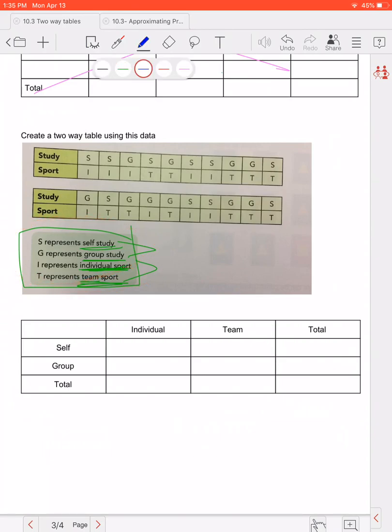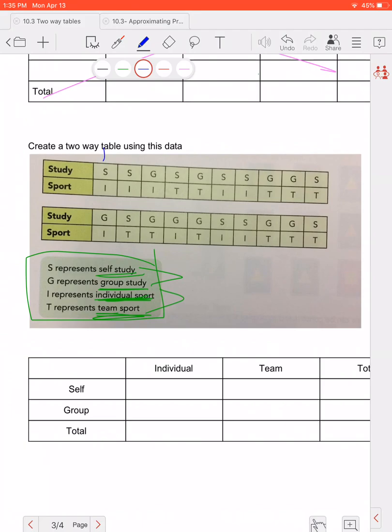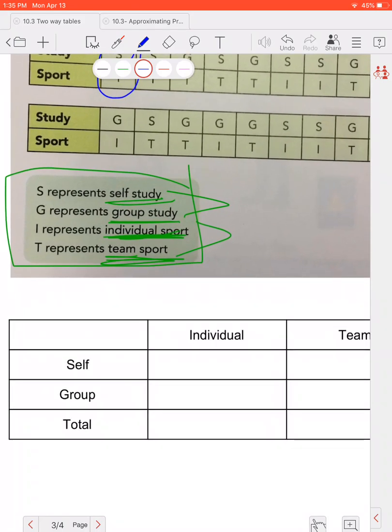So just to kind of help myself up here, each one of these is a person. So we have like 1, 2, 3, 4, 5, 6 people, so on and so forth. So the first person studied by themselves and played an individual sport. So if we go through here, self and individual, that will be an SI person. This will be an SG person. This will be an ST person, and this will be an